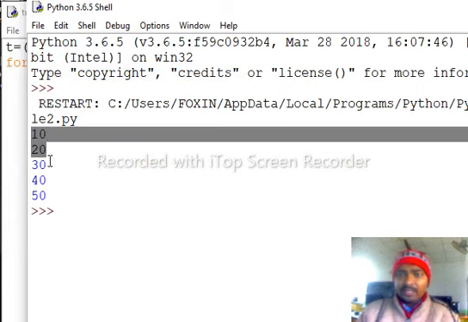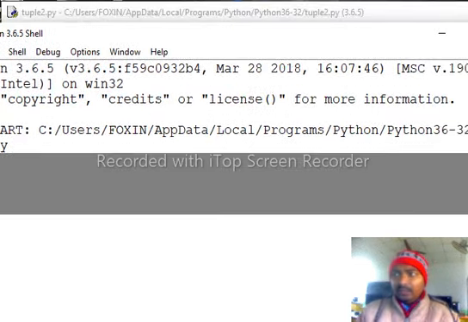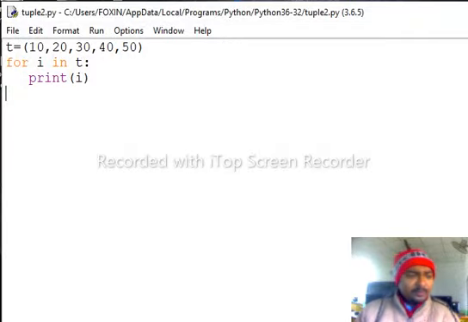We can see here the output of this program. Okay, now the next point is tuple slice. Tuple slice means a sub part of a tuple. I want to print 20 only, so the simple thing is just to pass the index position of the tuple element 20.